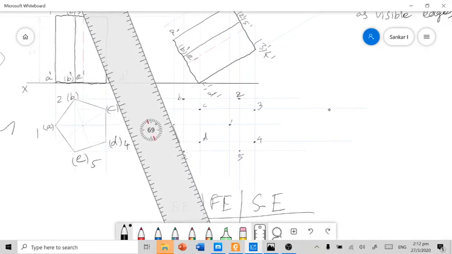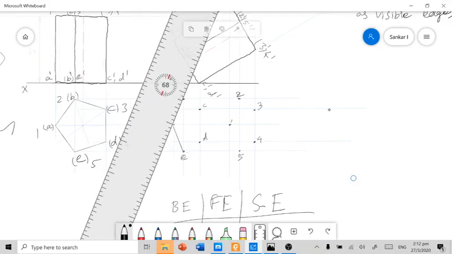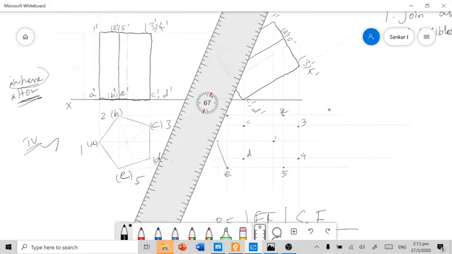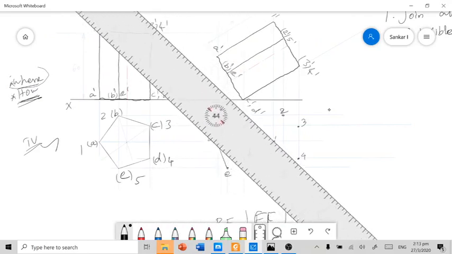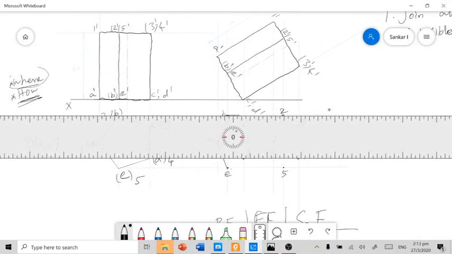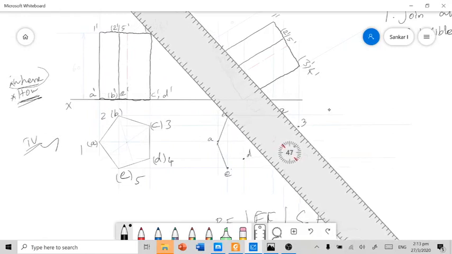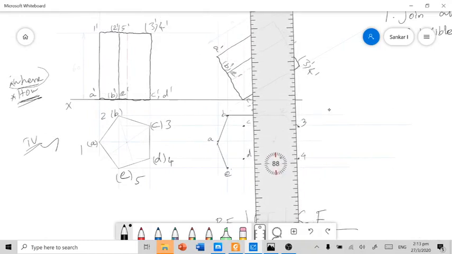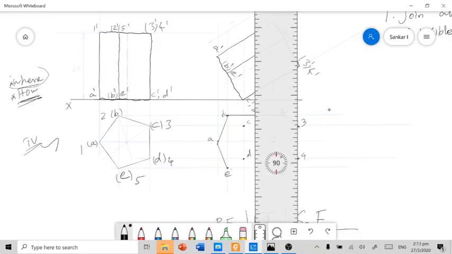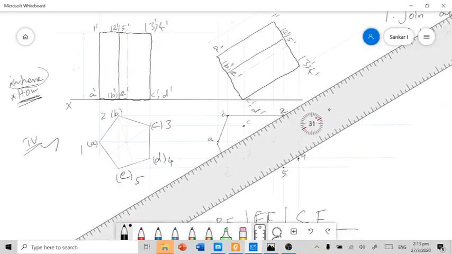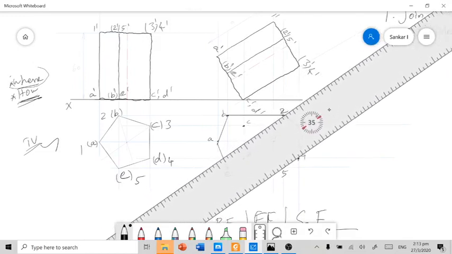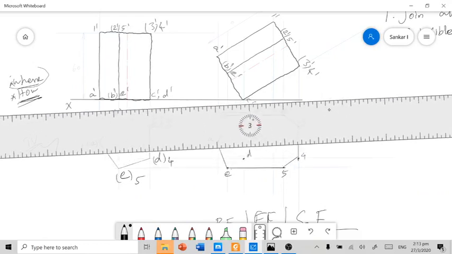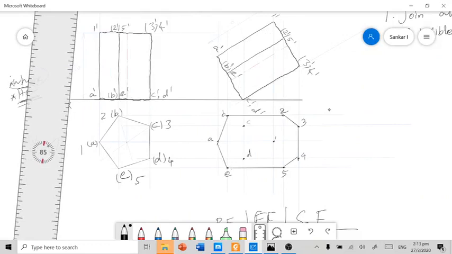See, I am joining in this way. Yes, I just connected all the outermost corners as visible edges.